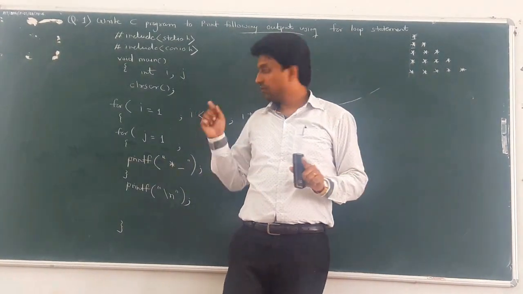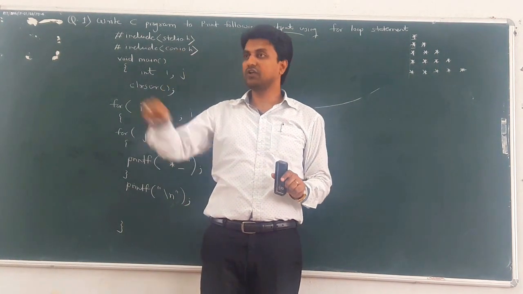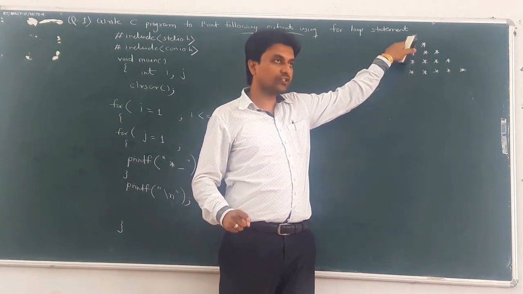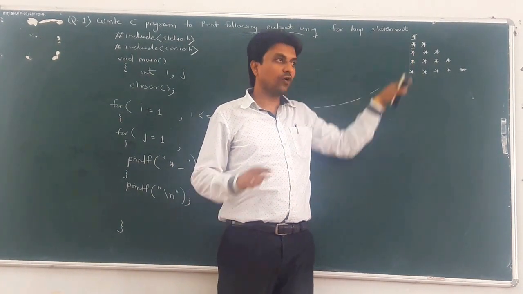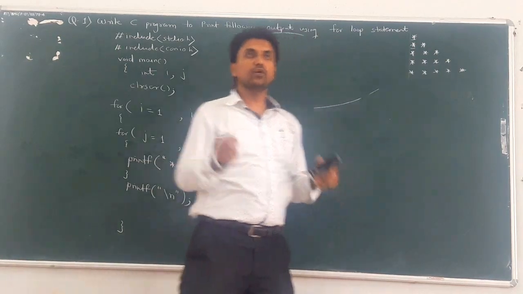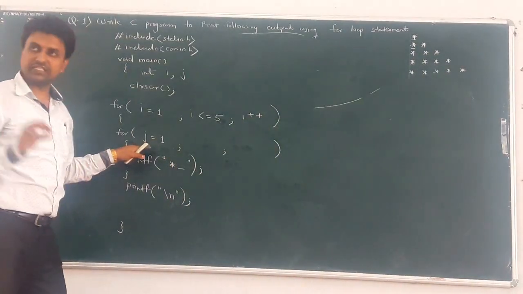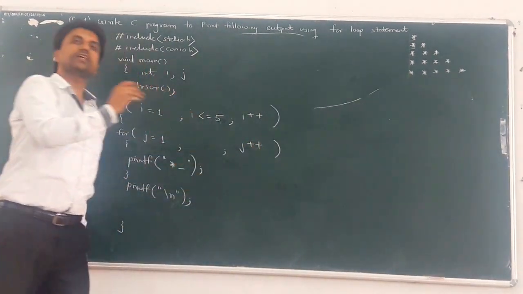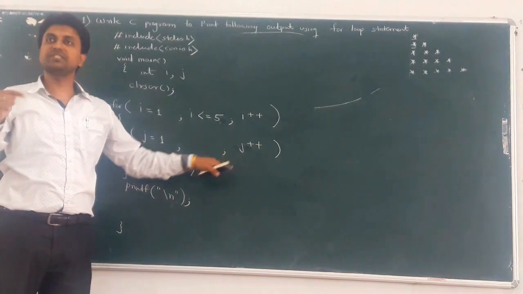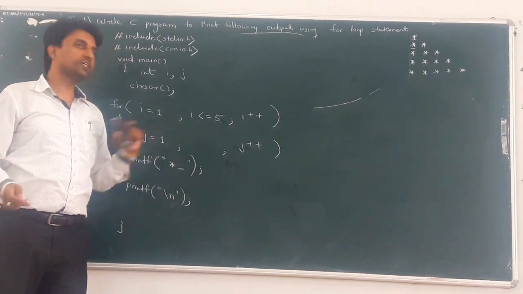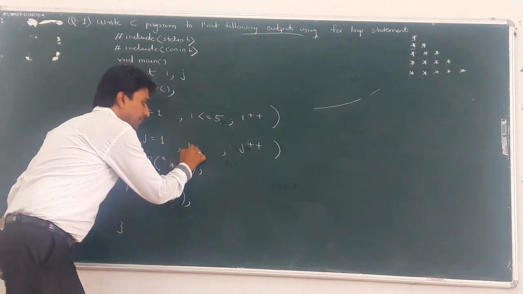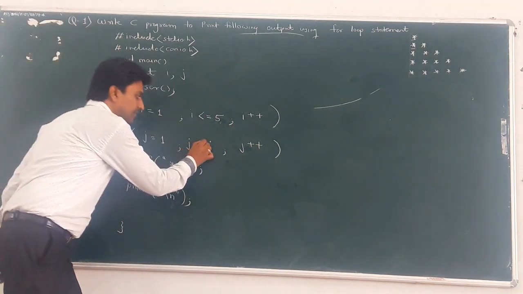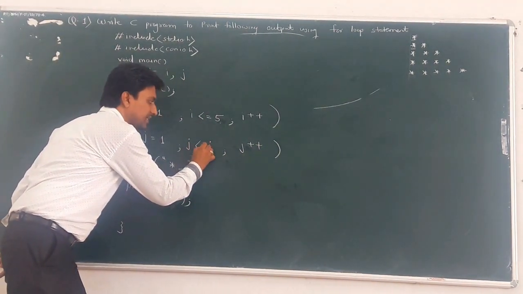Understood what is the meaning of that? The inner for loop gives you the number of columns. So the inner for loop executes only once for the first row. For the second row, how many times does the inner for loop execute? 2 times. So what is the provision? What is the condition? j is equal to 1. This is initialization. j plus plus, that means it increments only once, which means j plus 1. And what is the conditional part? Now compare j with i. Whenever j less than equal to i.